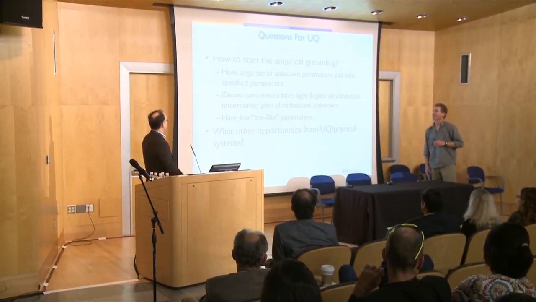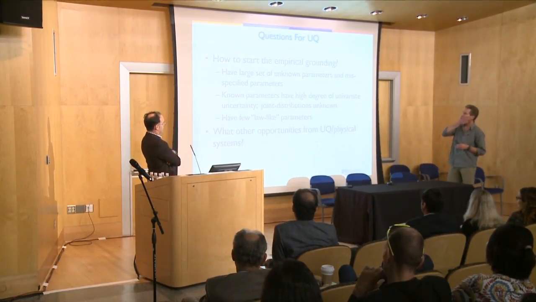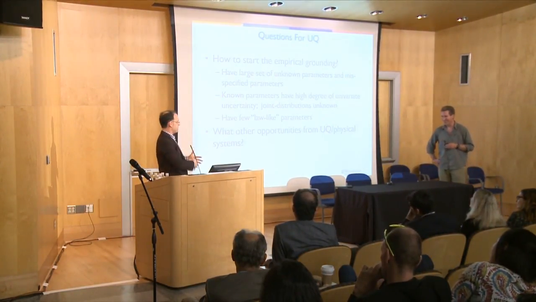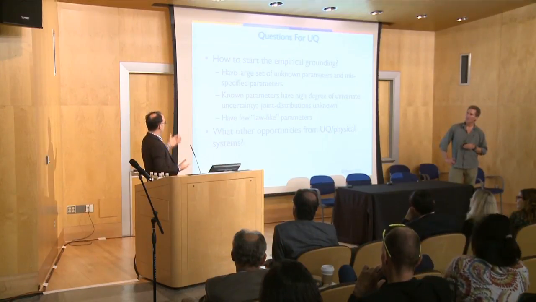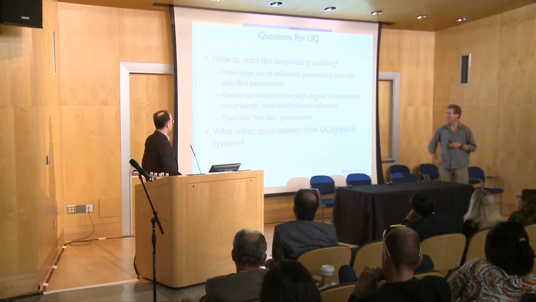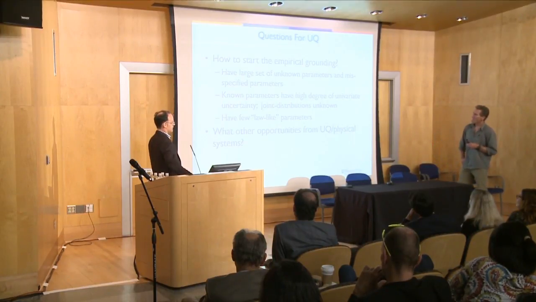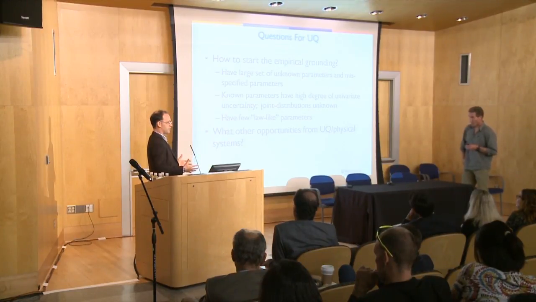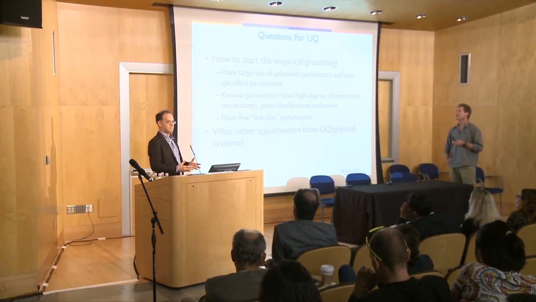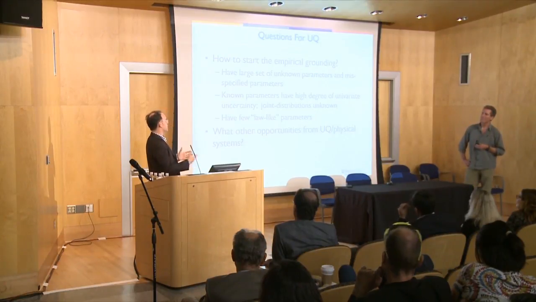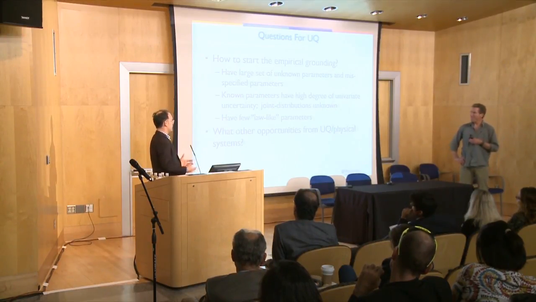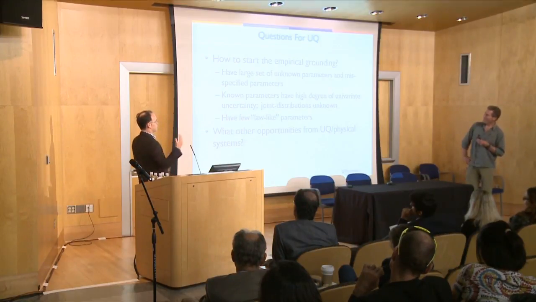Okay, good. So I'll just start, because I kind of see this as me asking Dave for help. I have these systems that I build, with a large set of unknown parameters, and some of them are misspecified, and some aren't known, they're not there. The way I approach it is I just tell everybody what I don't know, and I tell them the parameters that I'm setting, and I hope that they buy into it. And we do sensitivity analysis, but that's not really what I'm talking about, because the sensitivity analysis I do is with the parameters that I know. I'm just wondering, what are your comments on that idea?